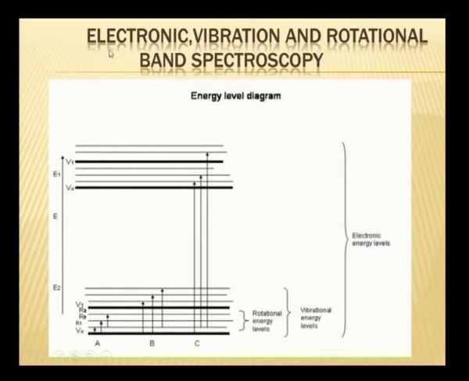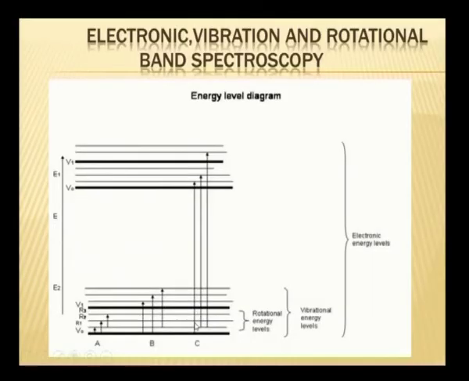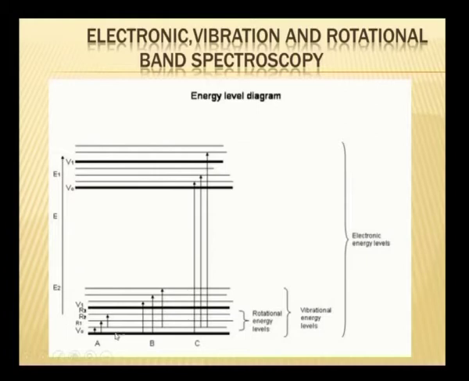Now, if you look at this room, you have got light here. This light that you have got here relates to what is called spectroscopy, here with the title electronic, vibration and rotational band spectroscopy. The light that is falling on my face is due to what? It is due to the electrons which are going up and coming down. Photons are emitted, and in the case of these mercury vapor lamps, the electrons are constantly going up and coming down, and in the process when the electrons come from higher energy levels to lower energy levels,